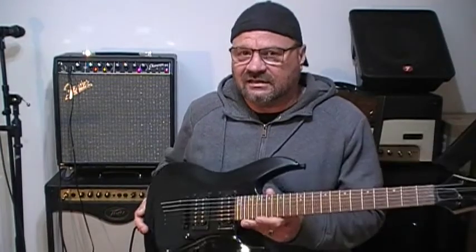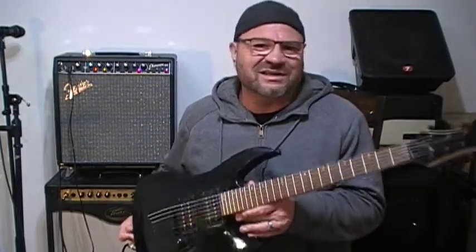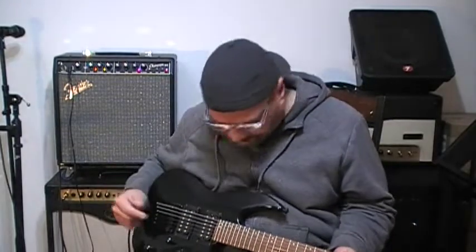Now, I've not done any setup on this at all. I've not polished the frets, I've not set the intonation. Matter of fact, I haven't even put it on a tuner. I just kind of tuned it to itself. So what you're going to hear when it's out of tune isn't really the guitar. It's me pressing these really light strings way too hard. So, having said that,